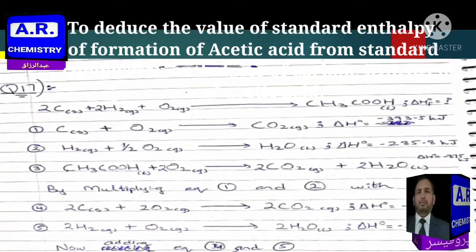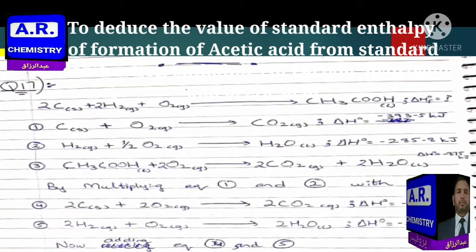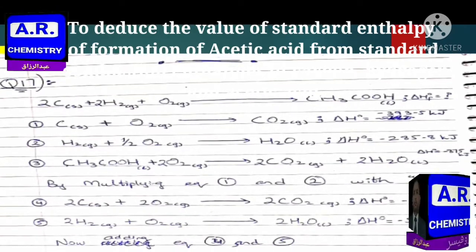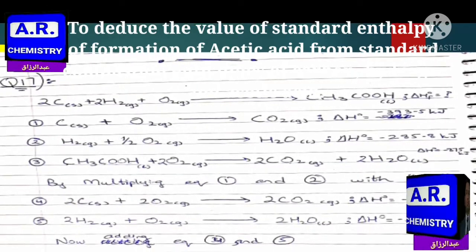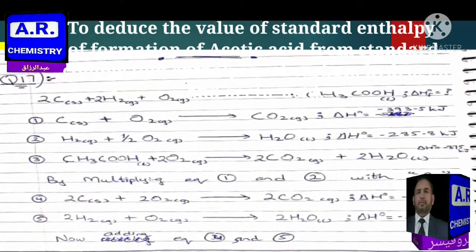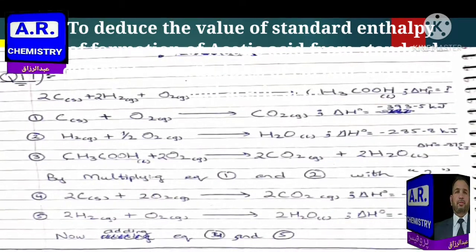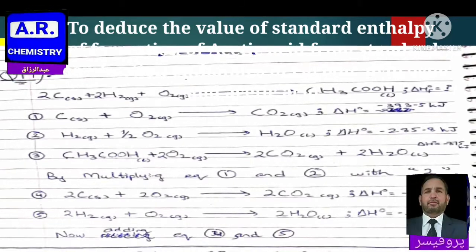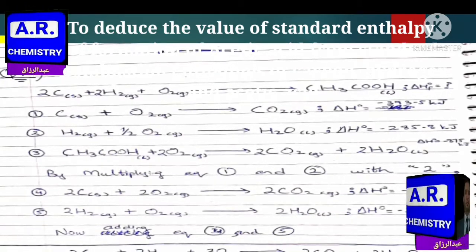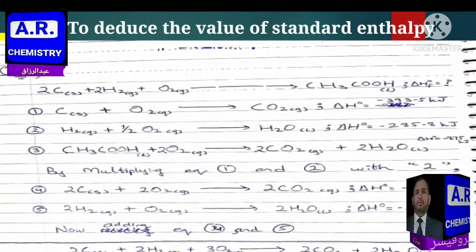So at number 1 in the second line you may say of the chemical equation, there is the combustion of carbon. On the reactant side is carbon and O2, and the product is carbon dioxide, and you know that 393.5 kilojoules of heat or energy is released during the combustion of 1 mole of carbon. So you are to write this equation, and after writing it you are to write the combustion of hydrogen.